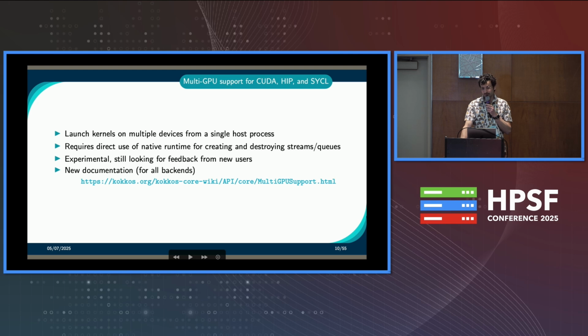It's still considered experimental, but it's been around for a while, so at this time it's something that you can actually try. It's not going to blow up in your face. It's just that there are some subtleties. We don't have as much usage and experience as with other things, but it works. And the good news is we even wrote documentation for it, so you can go find it. So the idea is when you do that, it's on you to manu